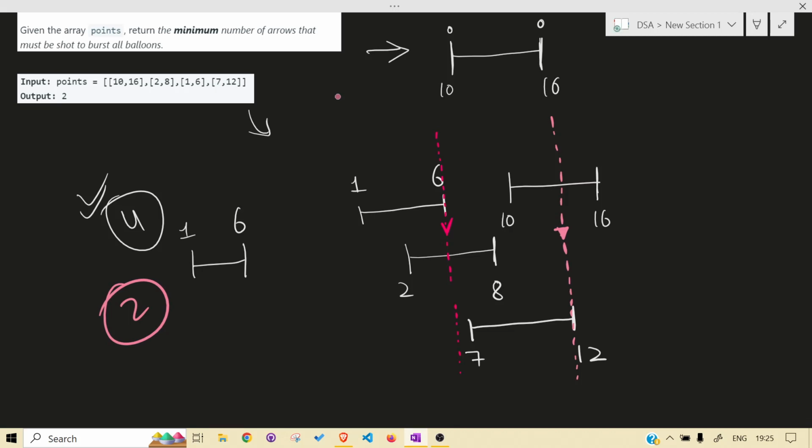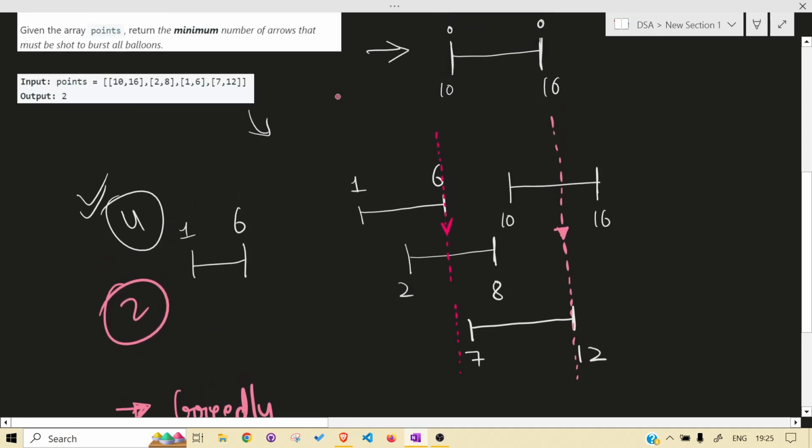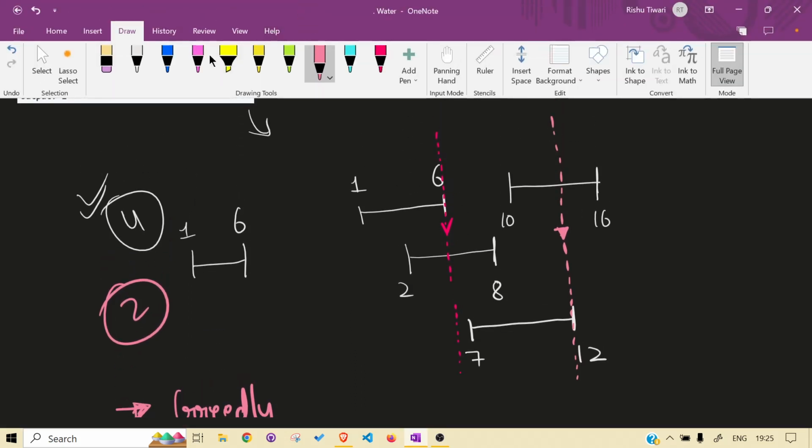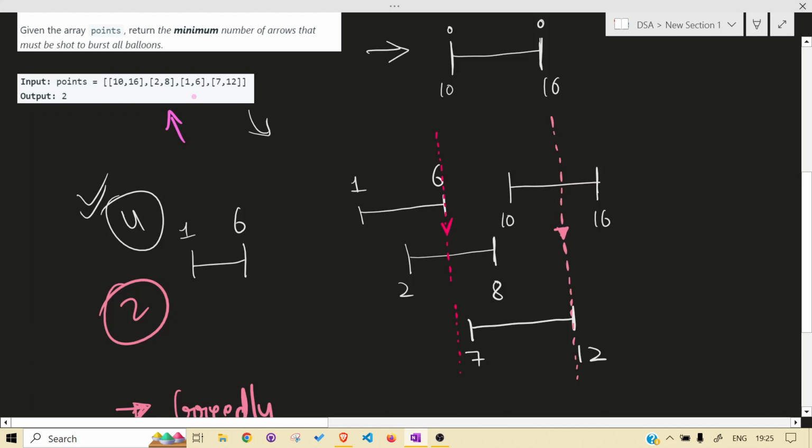That much is very clear, that we have to shoot the arrow in the interval, and also the maximum that we can shift right is its end. So what we are doing is we are greedily making the decision that we will shoot at the end. But one thing is not sure: it is written like this in the test case, but I have written it like this. Now, if you have done interval questions,